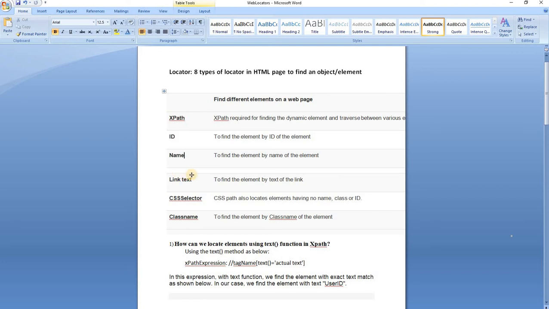Now this is a slightly more in-depth concept, this tutorial is specifically about XPath and CSS selector. XPath and CSS selector are very powerful locators, right? If we have an element in our web object that doesn't have a direct locator we can use, or sometimes we can use one but it keeps changing and doesn't always work properly, that time sometimes we have to traverse